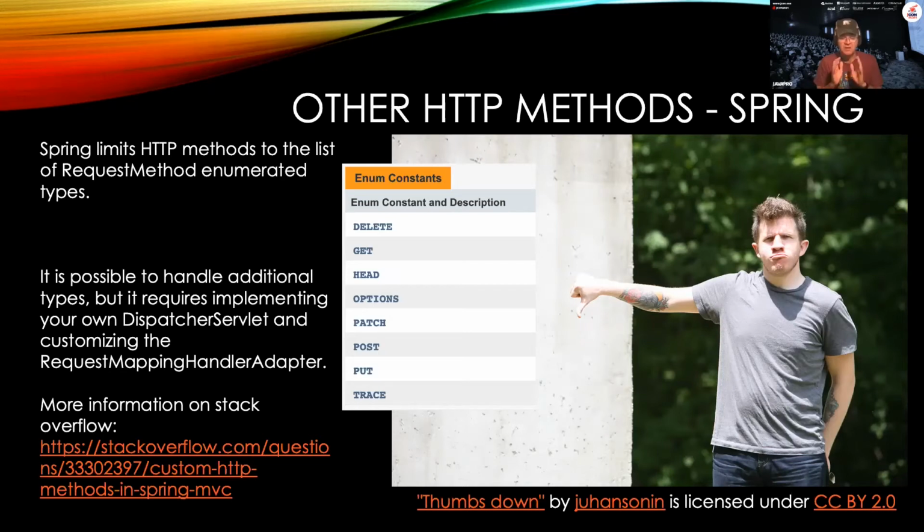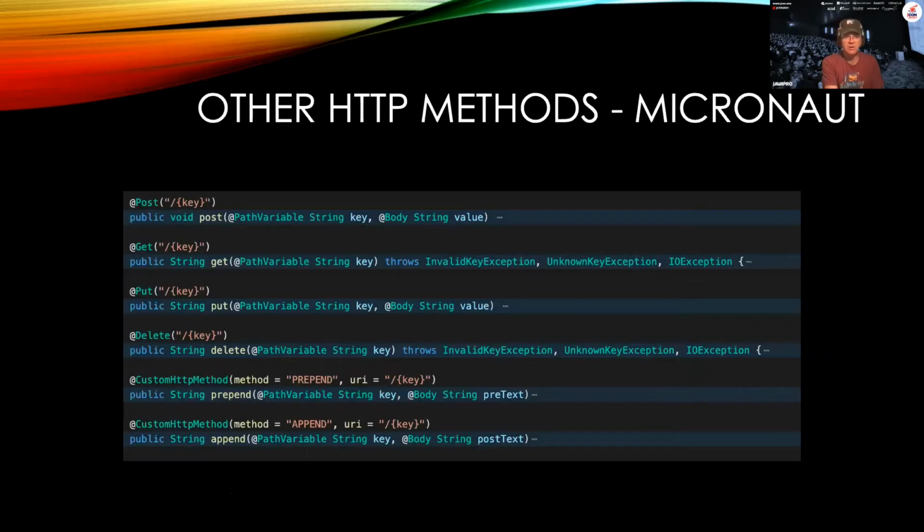So my advice would be, if you're planning to use non-standard HTTP methods, you might want to consider JAX-RS or Micronaut. Let's take a look at what Micronaut does. I can take my cap off now. So Micronaut has the same post, get, put, and delete methods just as everybody else. What they do differently for custom HTTP methods is they actually have a custom HTTP method annotation, allowing you to specify it right here. So a different way to do it than JAX-RS, but still very powerful and flexible nevertheless.